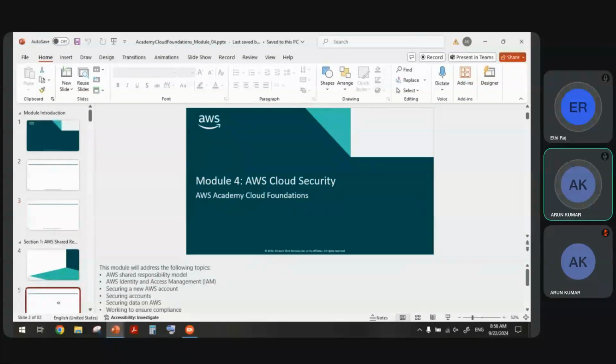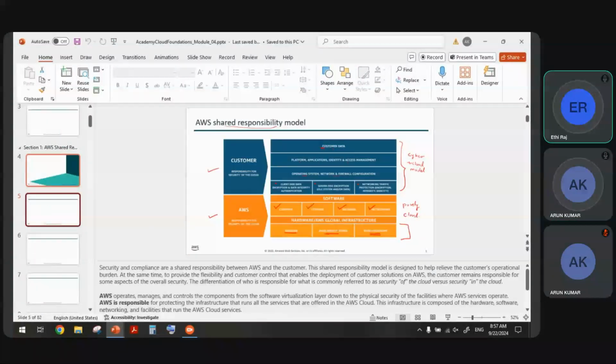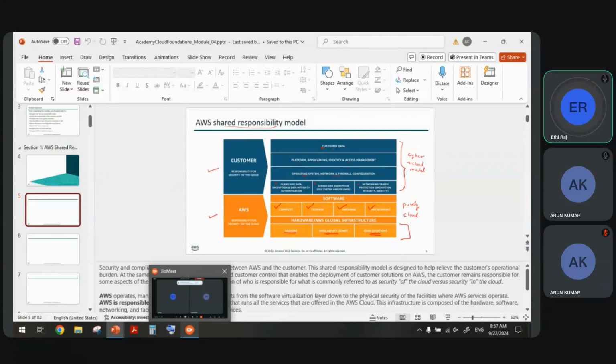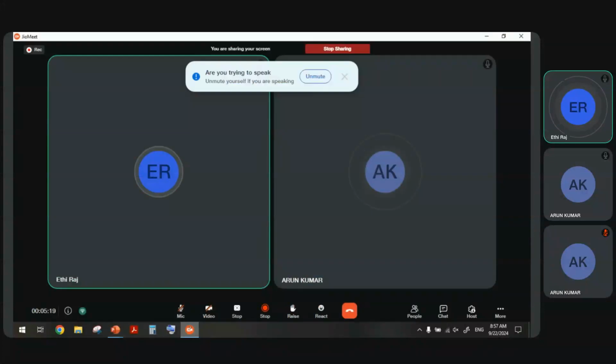Yeah, because we have to put in some extra effort. You stopped recording, right? No, the recording is still going on. Yeah, it is there. That is why I joined with two accounts. Okay. I think full screen is